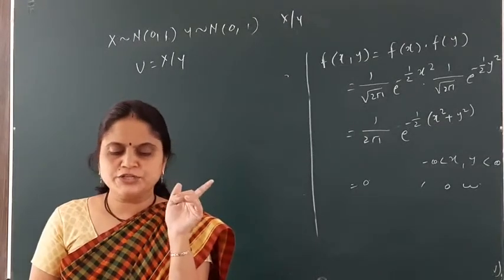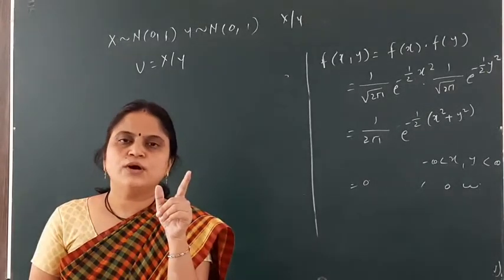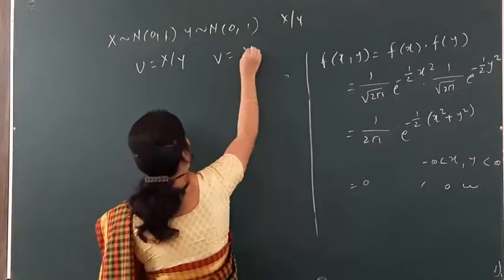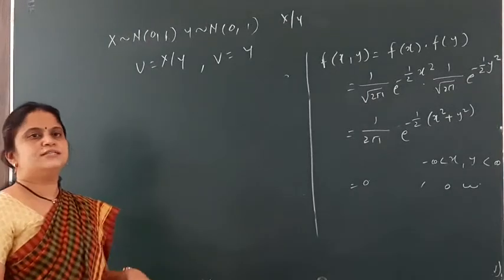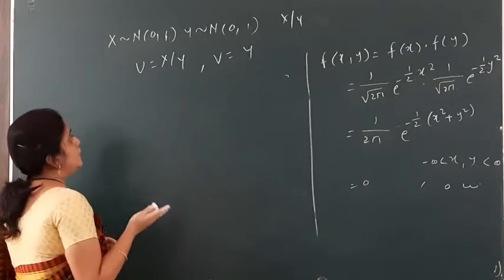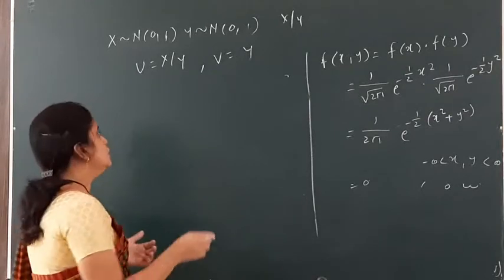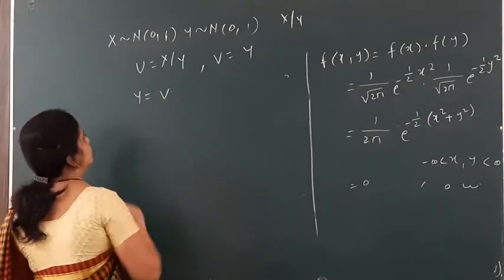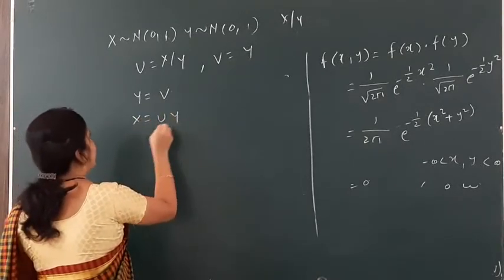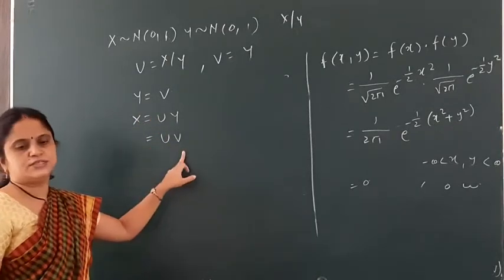In the transformation method, if u is given, that is, only one variable is given to you, I need to consider another variable. So another variable is v is equal to y over here. Since v is equal to y, now I can transform the variables, y in terms of u and v, and x in terms of u and v. So first, y is equal to v. Then what is x? X is nothing but u times y, that means it is uv. So y is v and x is uv. That is my first step.